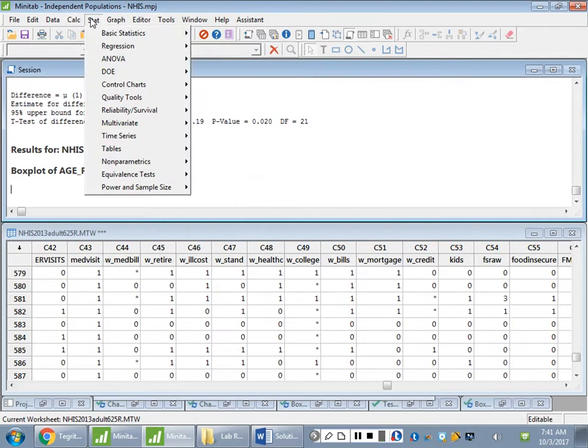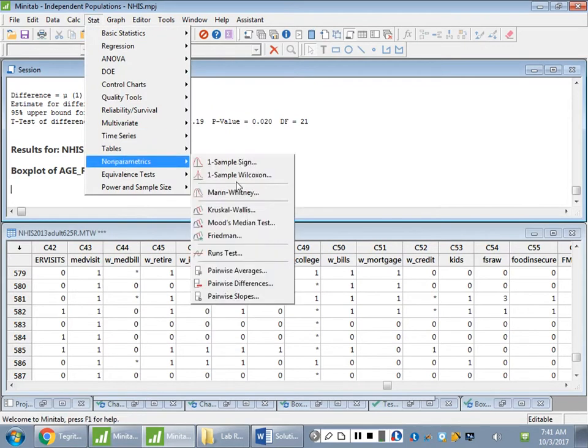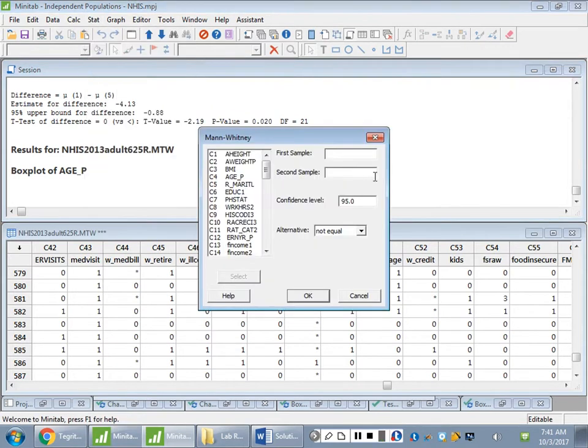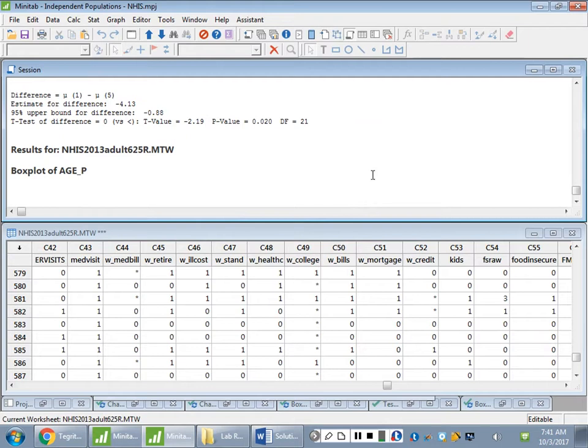So that's under Stat, non-parametrics, Mann-Whitney. But the first thing I have to point out is it wants the data unstacked. Okay, so you have to unstack the data first. So let's do that. So it's data,